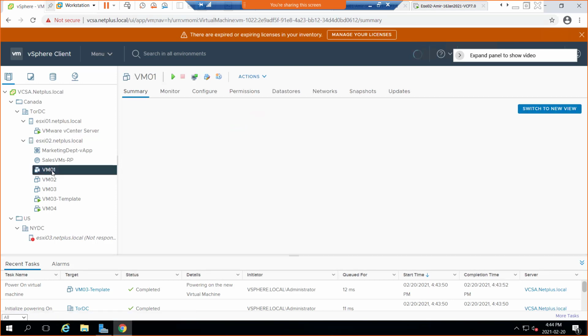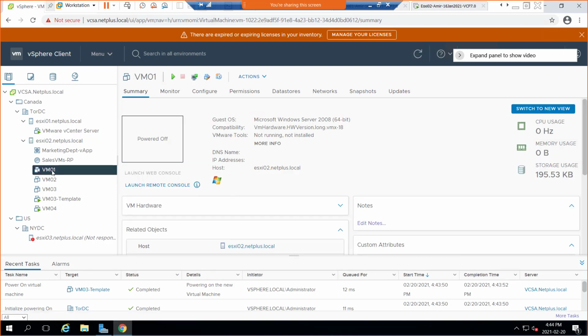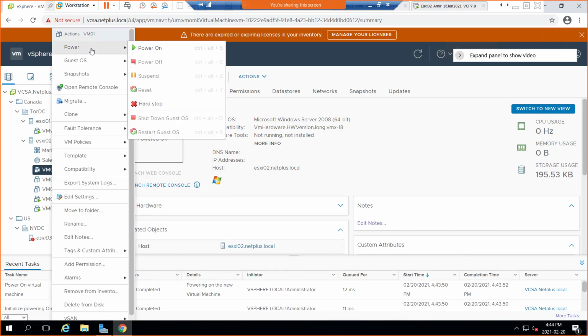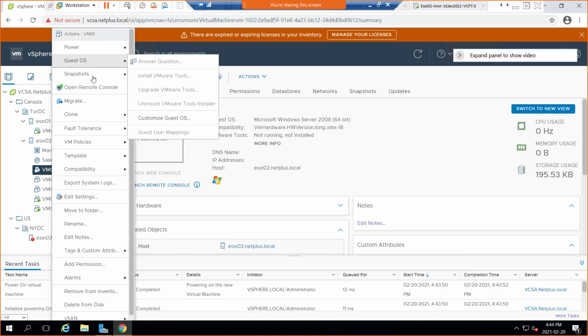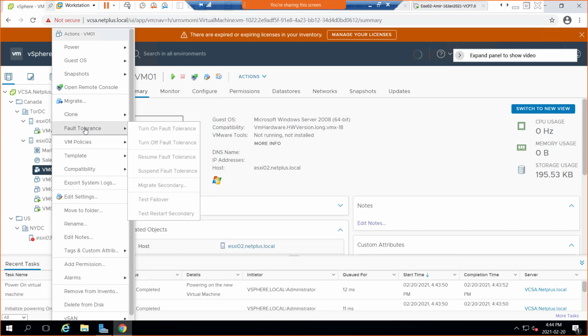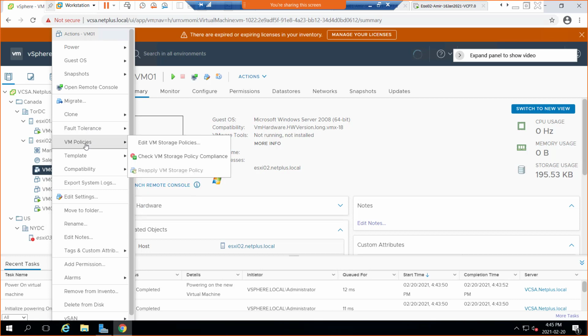If I go to our virtual machine itself and right click on top of that, there are those other options, remote console, migrate. So remote console, obviously, you're just connected to that machine. The first time when we were creating the machine, we used some of these options. Fault tolerance is still an upcoming feature in the cluster when we create a cluster, and VM policies are storage policies that we're going to be talking about,